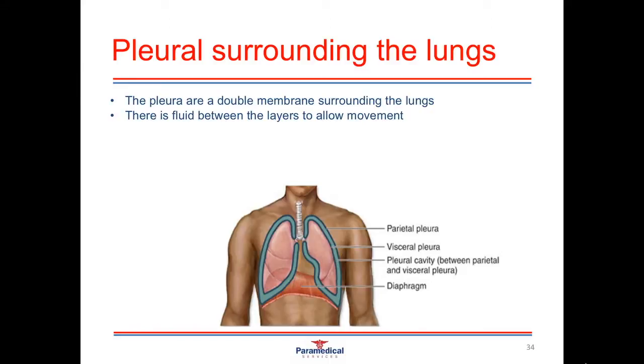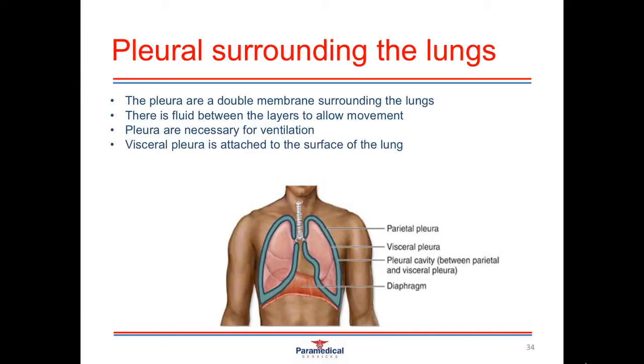Now, there are 2 names of the membranes we need to remember. The visceral membrane, which is attached right onto the lung tissue itself, which then doubles back on itself to form what's called the parietal membrane or the parietal pleura. Now, this parietal pleura attaches onto the inside of the thoracic cavity and connects the lung tissue to the inside of the ribs and the thoracic cavity and onto the base of